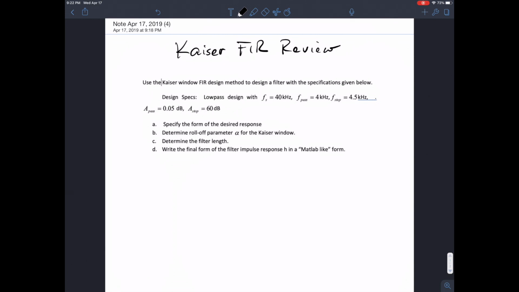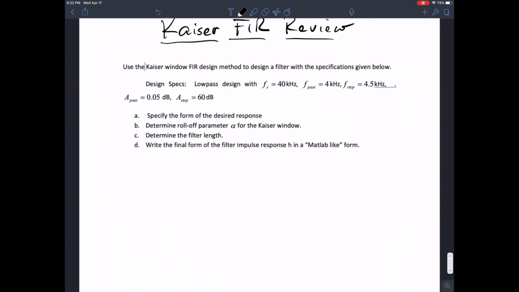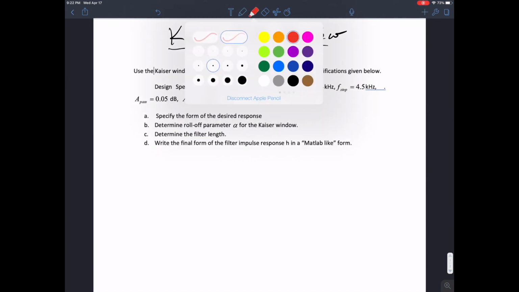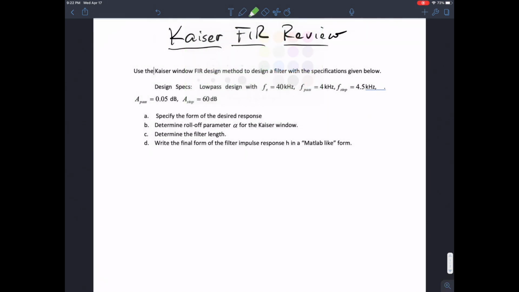Okay, this is a review video for the Kaiser FIR filter design technique. This comes from an old exam problem, so it's a good thing to review. Alright, so what we have going for us here is we want to do a Kaiser filter design, and we're